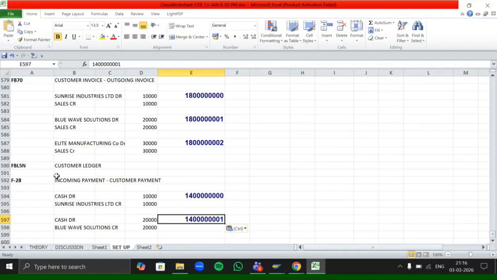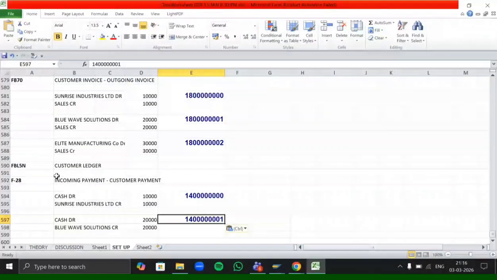Here we are going to book a credit note to a customer because we have to show in our system that 5,000 rupees of whatever product we have sold to our customer, they are returning us back. We are not giving a discount, they are returning the product back to us, right? So we have to book a sales return transaction. So when you have to book a sales return, you have to book a credit note to a customer.